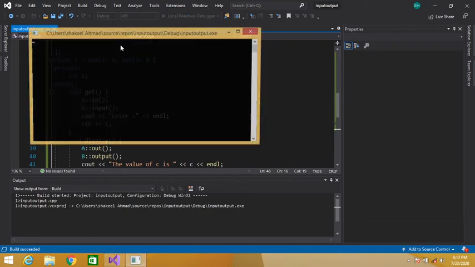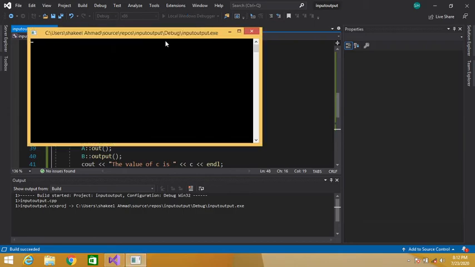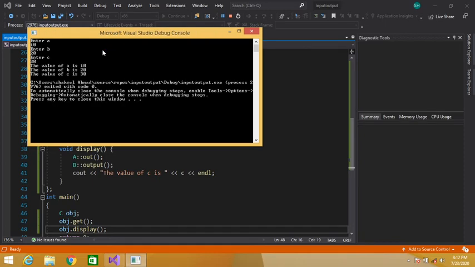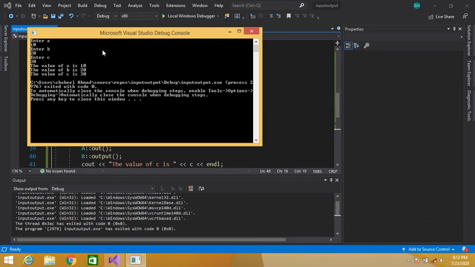It will take some time, be patient. Enter A 10, B 20, C 30. So value of A is 10, B is 20 and C is 30.